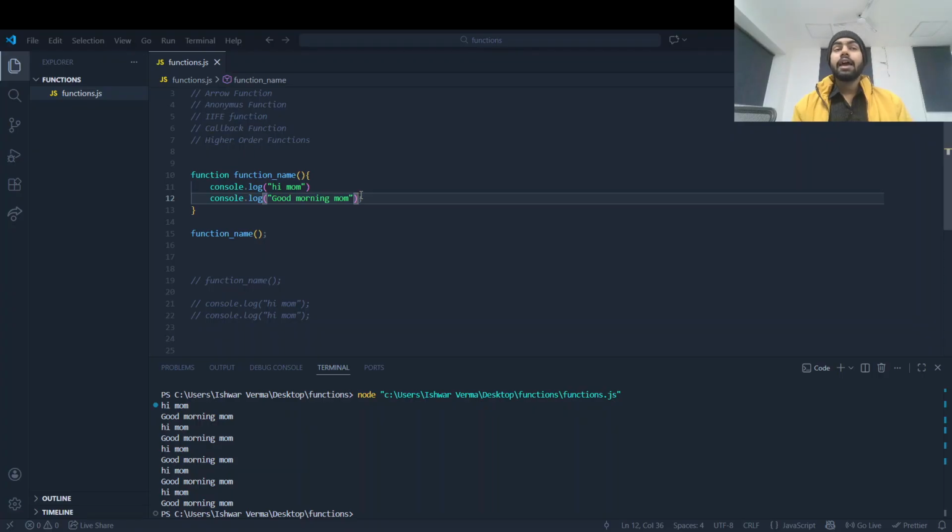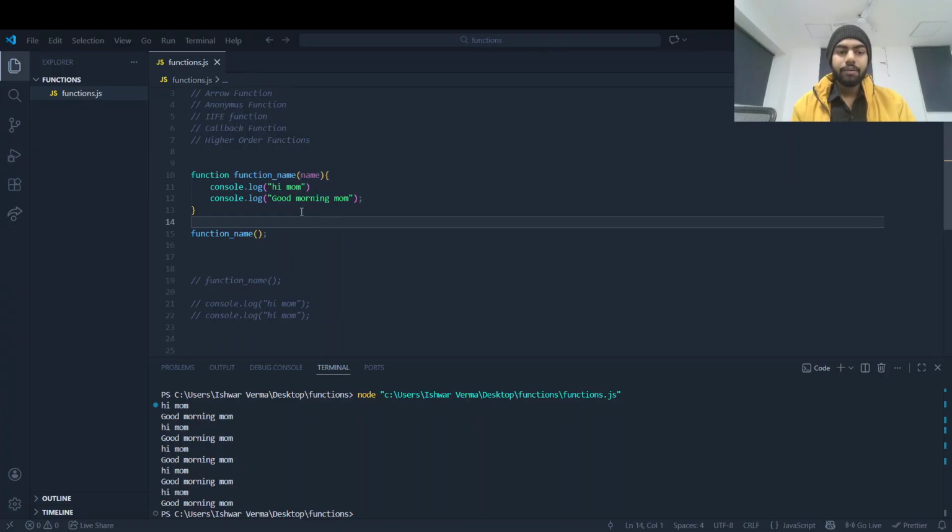Parameters are passed in the function definition. When we are defining a function, we can pass our parameters. You can see here, like name.